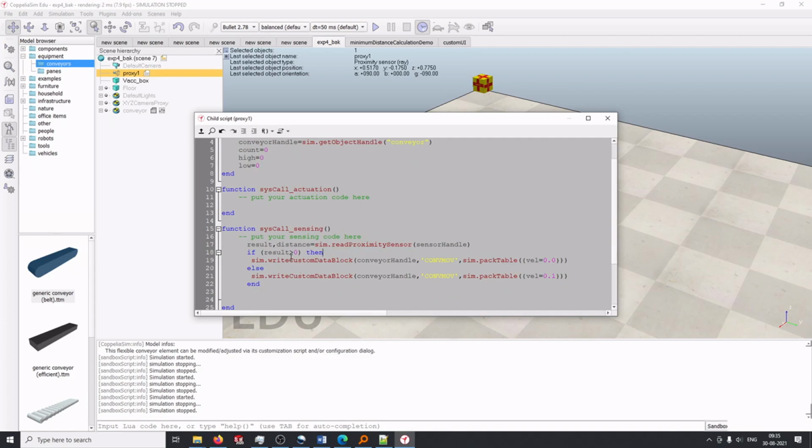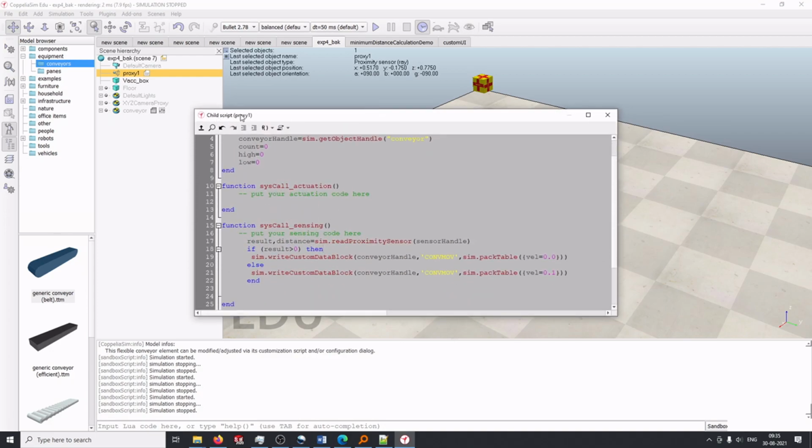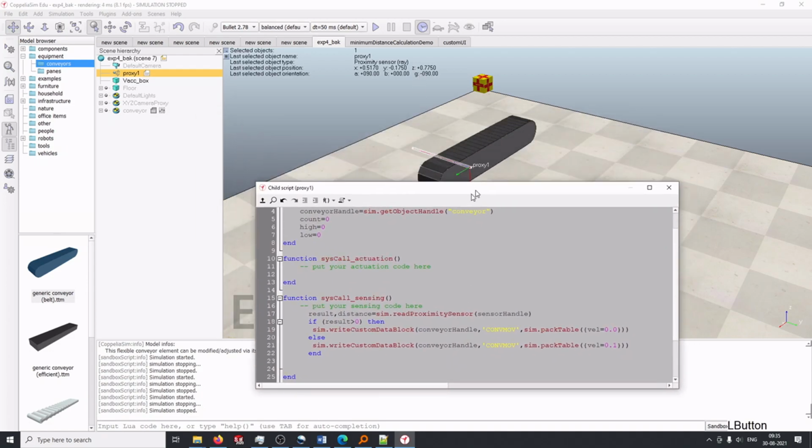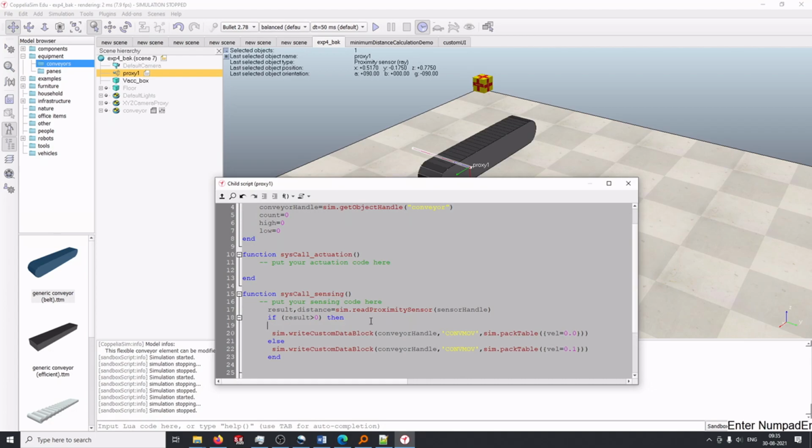What we want to tell the child script is that whenever there is a transition from high to low, that is when it moves from else to if, only then the counter increases. Okay, so this is the logic we want to have. So here we have initialized the variables: count equal to 0, high equal to 0, and low equal to 0.